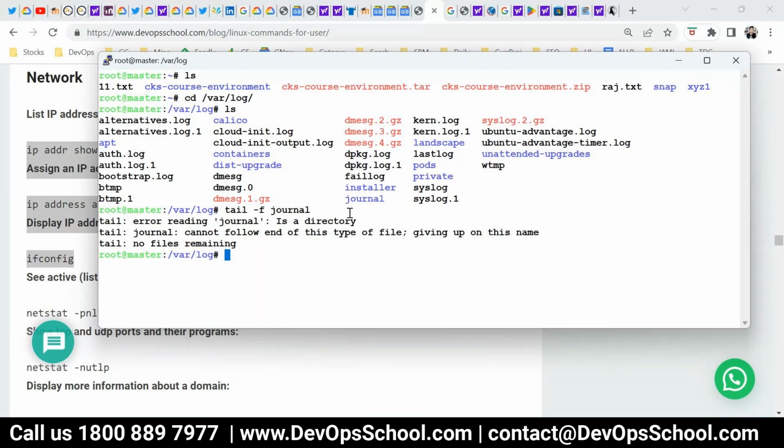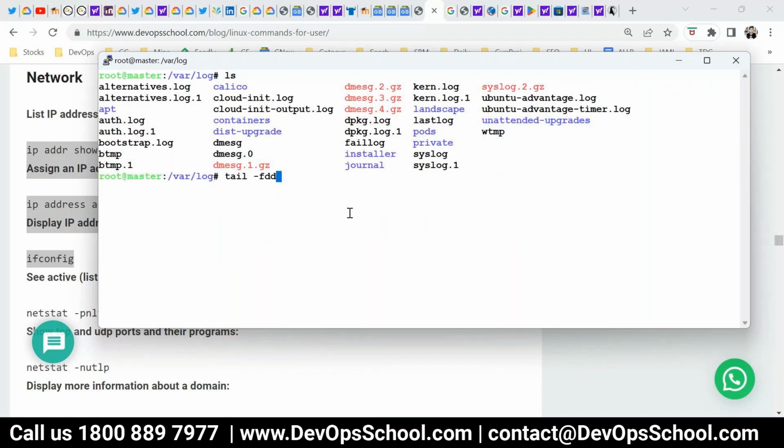So this command is correct, but I need to give the file name to tail. Yes, see here. So where is yum log? Do you see that yum log? Where is that? It should be here. Apt log, here it is. So apt log and then